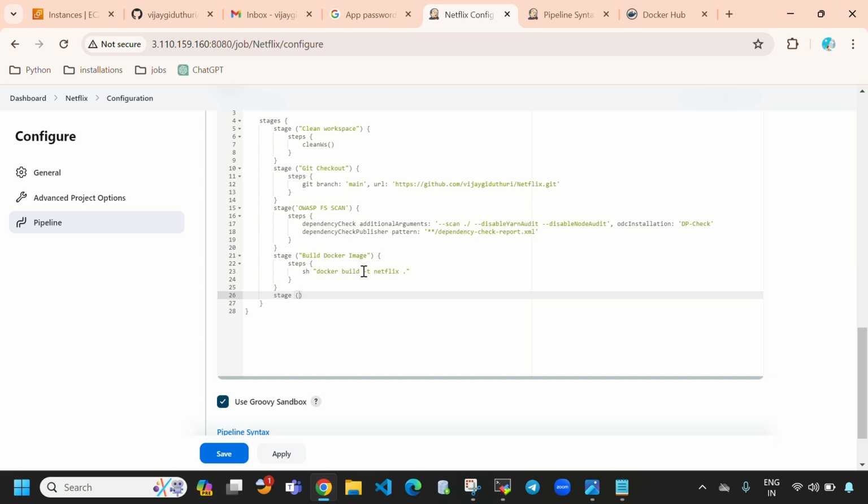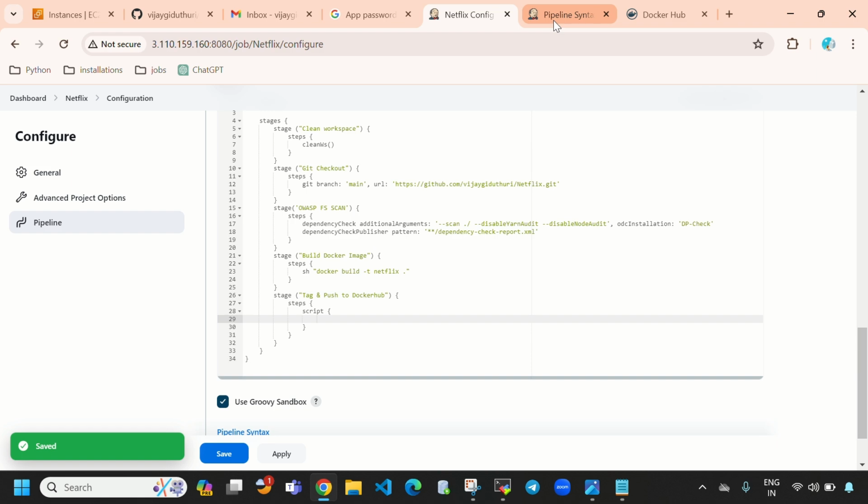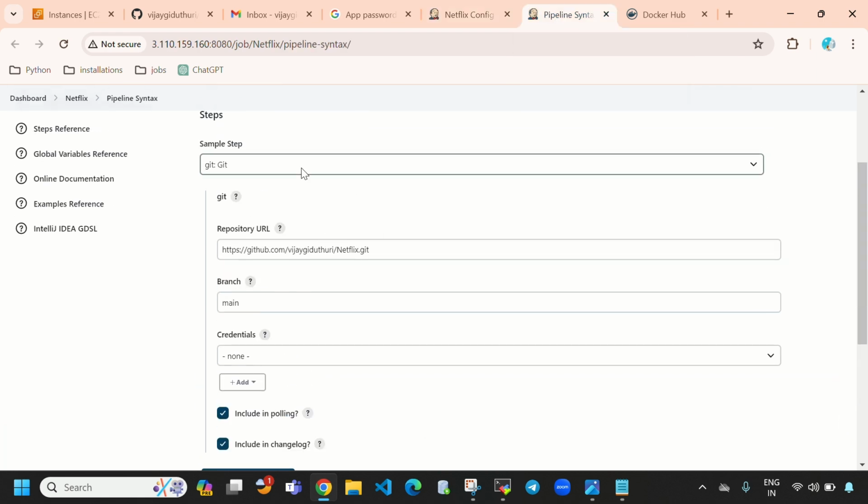So here I'm providing a stage, tag and push to Docker Hub. And here we need to provide steps, and inside this we need to write our command. So let's select script. Let's temporarily save this again, and let's open pipeline syntax again. Here you need to select